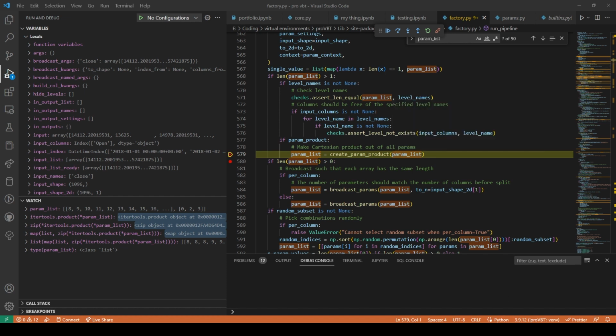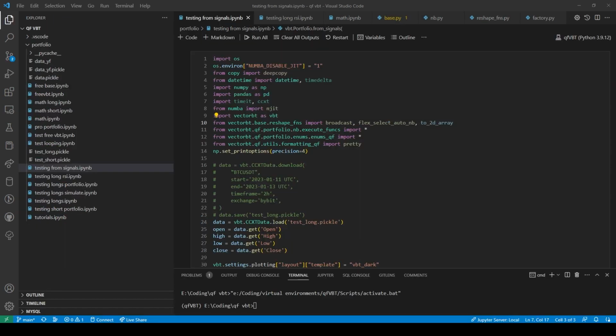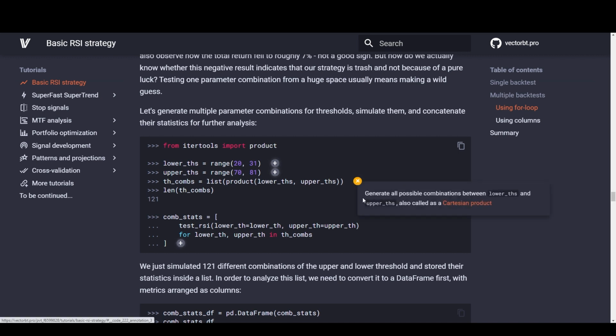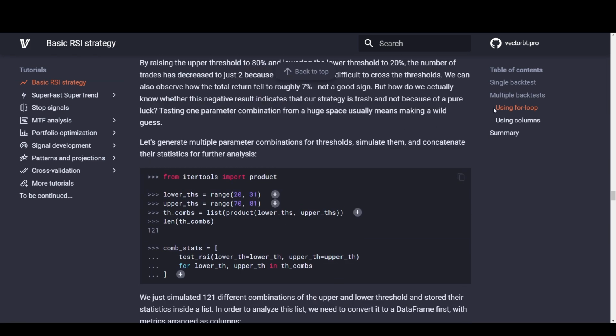Okay, I think I'm officially done now for this little section. Alright, so I'm officially pissed because clearly here it shows you. Let's generate multiple parameter combinations with thresholds, simulate them, and concatenate their statistics for further analysis. Itertools product here. Generate all possible combinations between lowers, and it's also called the Cartesian product. This is what, if I would have just read, the using loops,